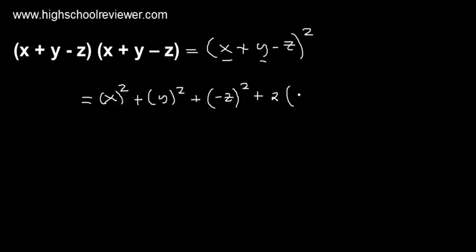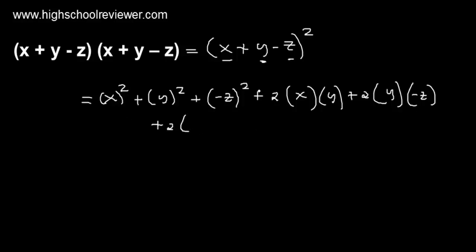This will be 2 multiplied by x and y, plus 2 multiplied by the product of our second and the third term, which is y multiplied by negative z, plus 2 multiplied by the product of our first and the third term, we have x,